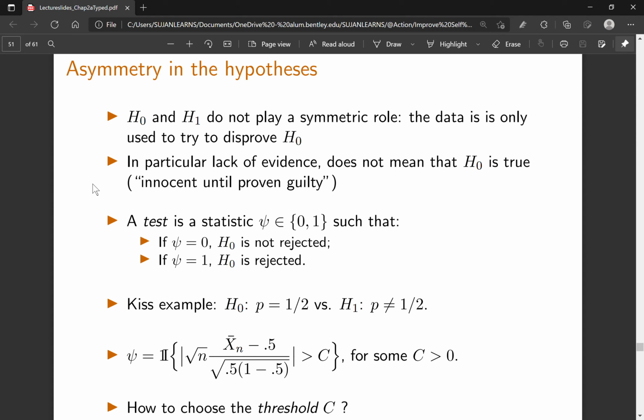The null hypothesis is only as good as the assumption that supports it. We cannot prove the null hypothesis. In this hypothesis business, we cannot prove anything. We can only reject a hypothesis